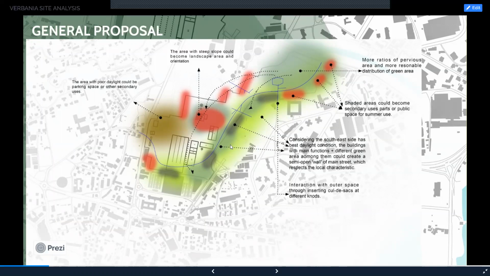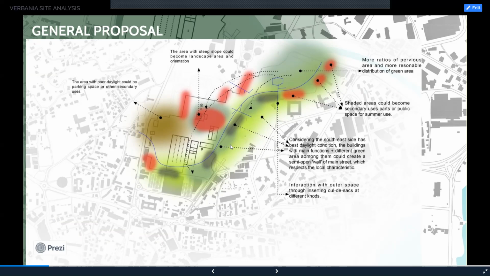Otherwise, the area with poor daylight near the main entrance could be a parking place or other secondary functions. Furthermore, there is an area with a steep slope in the central point, which could be arranged as a landscape area with orientation function. Finally, there are several shaded areas along the edge, which could become secondary use parts or